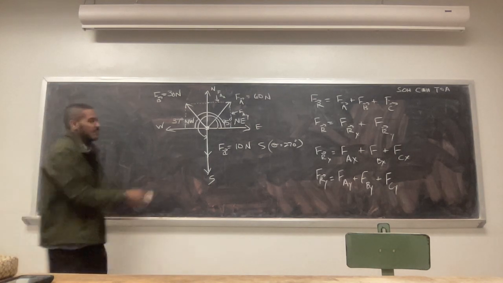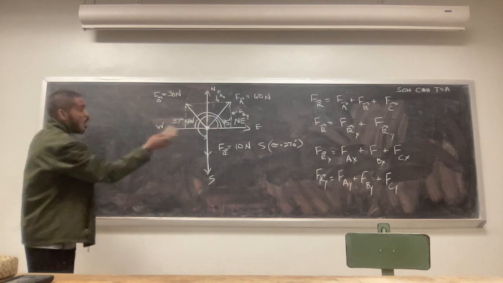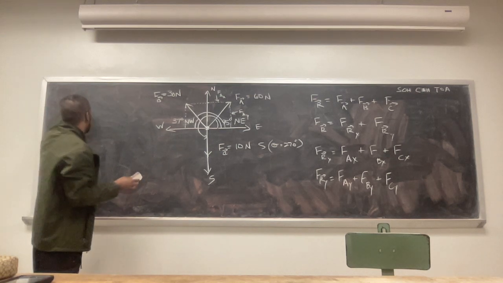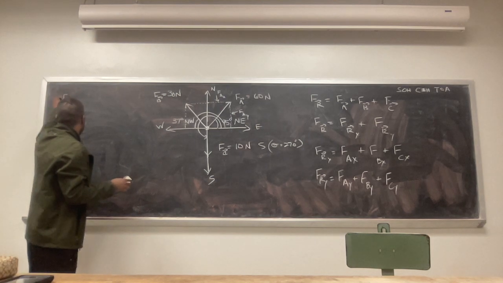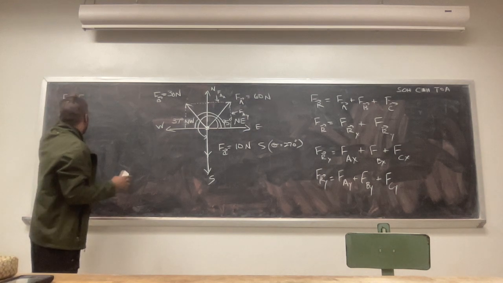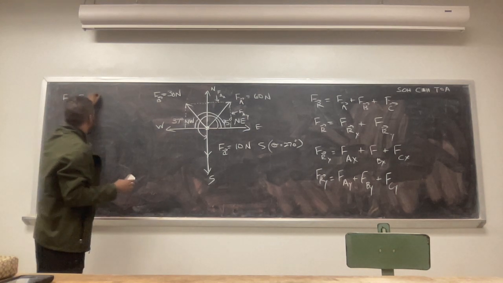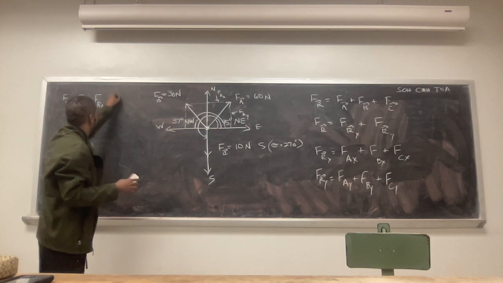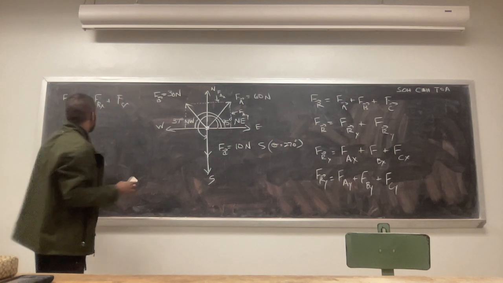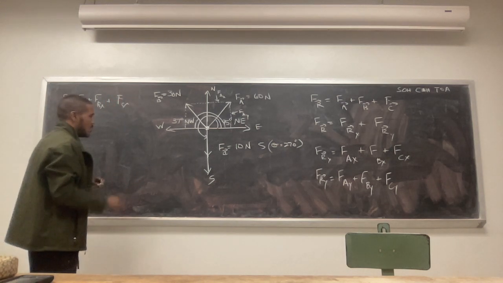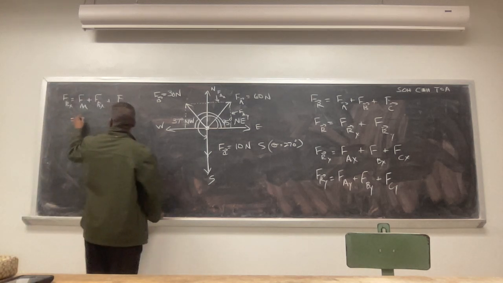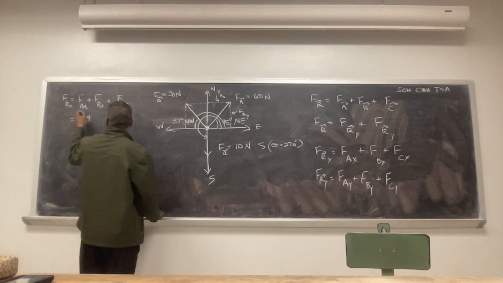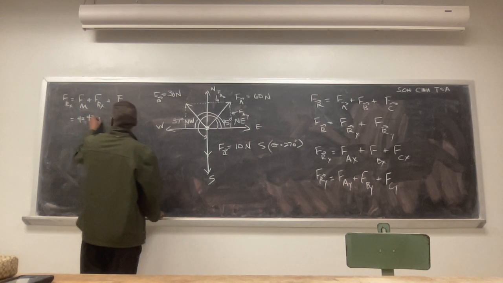To get the x component of our resultant vector, we needed to add: F of Rx is equal to F of Ax plus F of Bx plus F of Cx. And so what are those? 42.43 plus